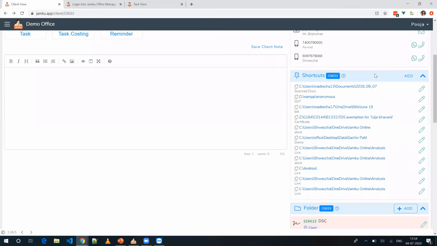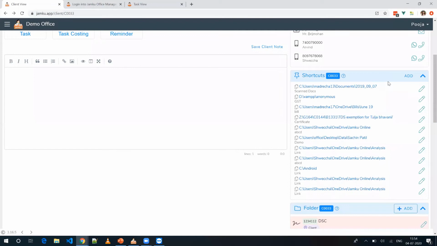See, usually how offices maintain the documents, you have your server or your local drive, local network. On that, you have different folders for each of your clients. And in that folder, you have all the documents related to that client. So whenever I have to open any document, what do I have to do? I have to follow the same process. I have to go to the server, search the folder, and locate the document.